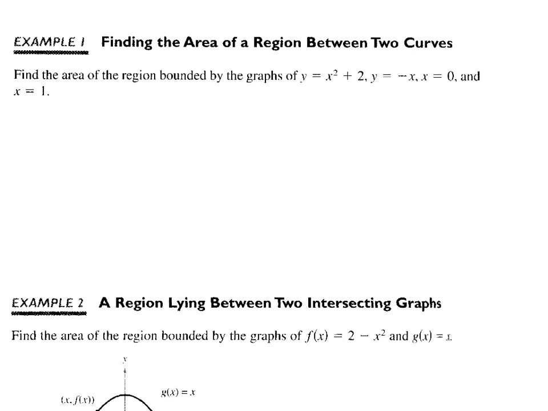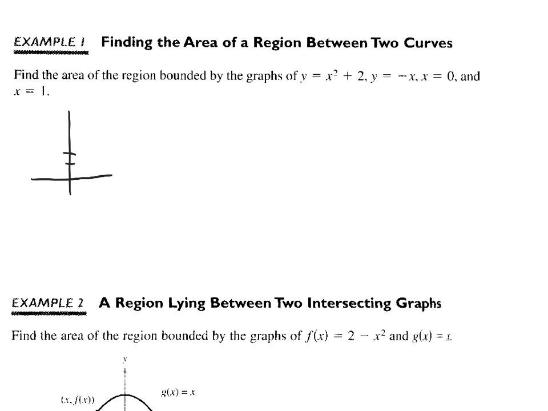Find the area of the region between two curves bounded by the graphs of y equals x squared plus 2, y equals negative x, x equals 0, and x equals 1. Now notice here we're given two vertical lines to create the boundaries. In this case, if I were to sketch this,